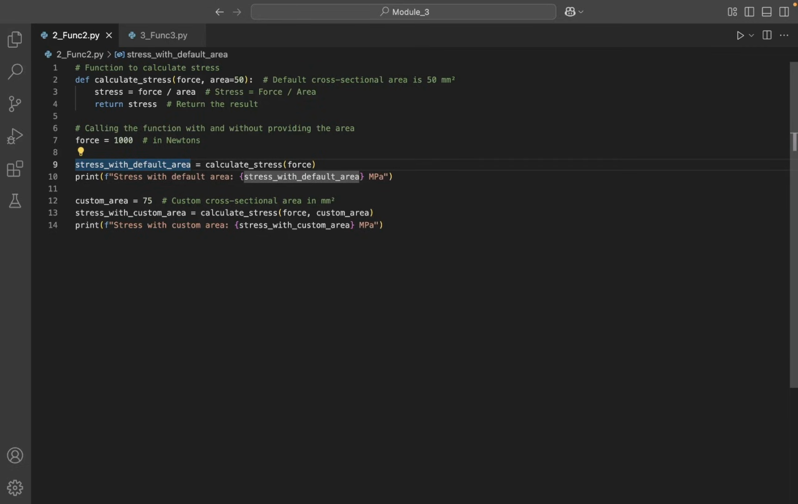So we need to just provide one argument, that is the force. So calculate stress, within brackets we have provided the argument to be force. So the value of force, that is 1000, will pass into this function. Area will be considered to be 50. Now the stress will be calculated, that is force divided by area, and the answer for that will be returned